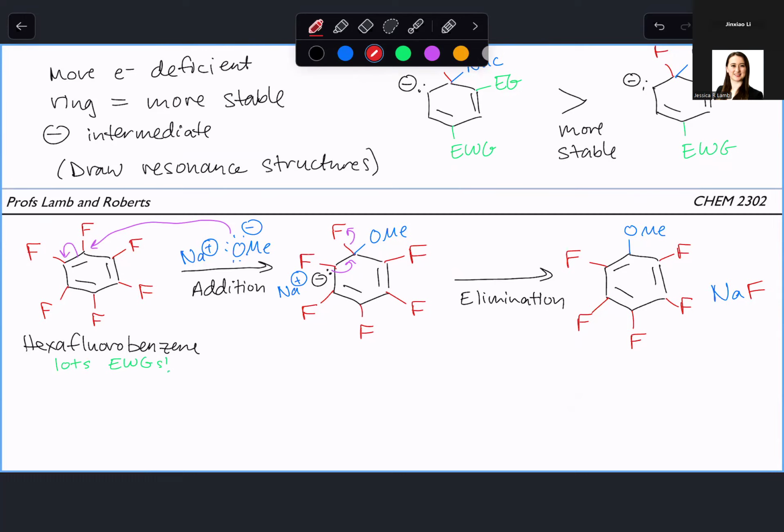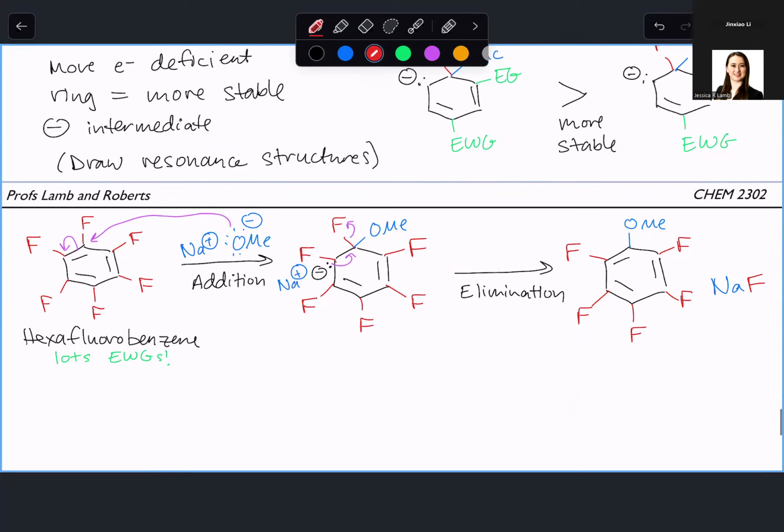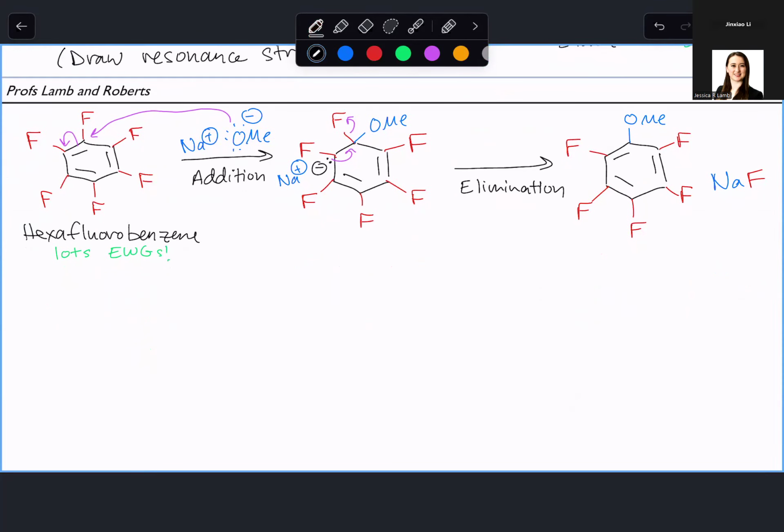Okay, there's one other major example that you need to be able to rationalize, and that is where heteroaromatic rings come in. So this is where pyridine comes in. So here's our pyridine. This is also an aromatic compound. We just replaced one of the CHs with a nitrogen. And I'm going to put my leaving group, my fluorine, next to the nitrogen, the 2 position. So this is called 2-fluoropyridine. Okay. So if I were to do this NAS reaction with sodium methoxide,